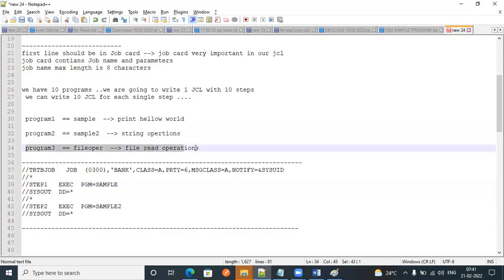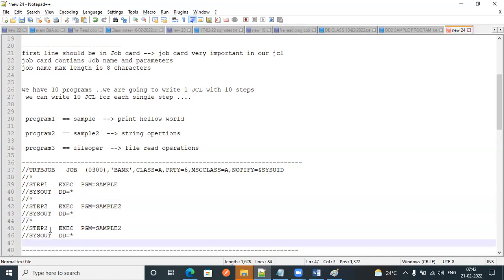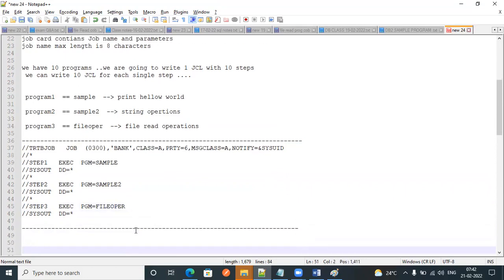The third one is file operations. I want to execute the third program, so just create another step over here. I'm going to keep it as step 3. The program name is file operations, FILEOPR. Here I want to pass an input file for read operations.